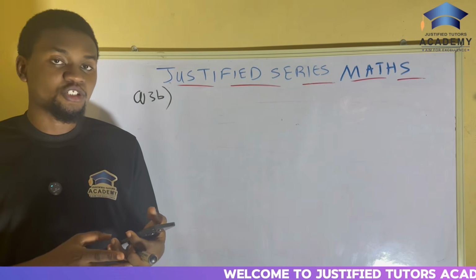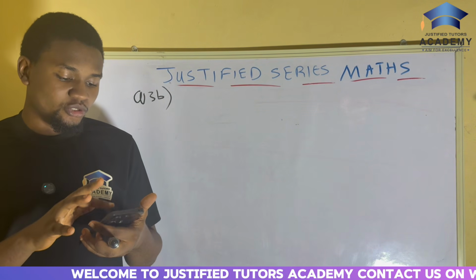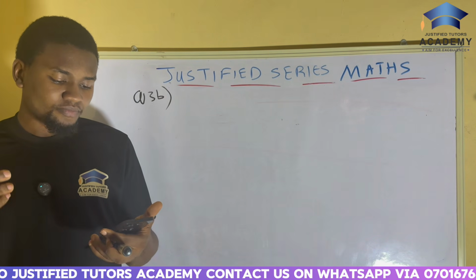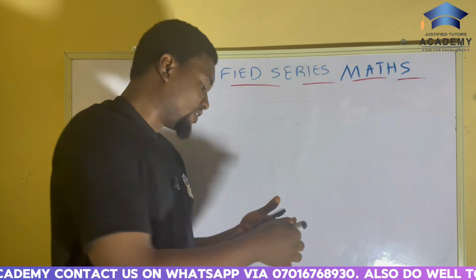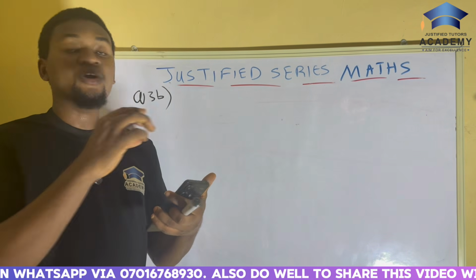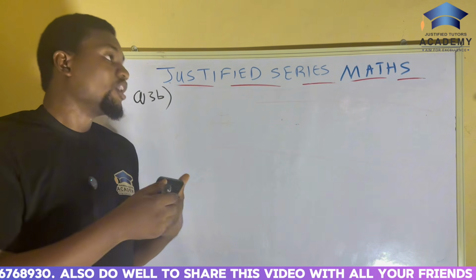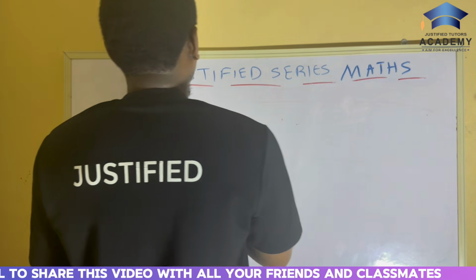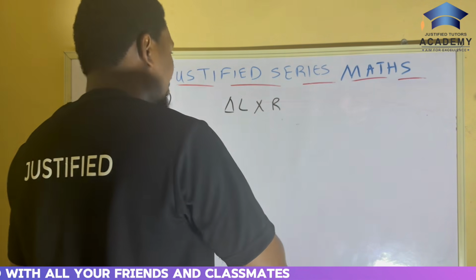Now before I solve this question, I would like us to write down the key formulas used in longitudes and latitudes, because you need to know them before you can solve questions on them. The first formula is the distance between two places on the same longitude. Listen, the distance between two places on the same longitude. The formula is given as the change in the latitude times your arrow. In other words, you can say